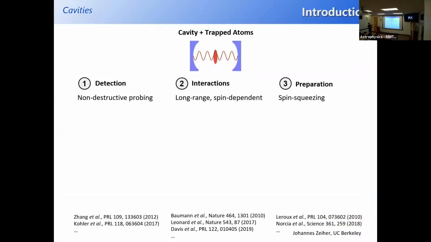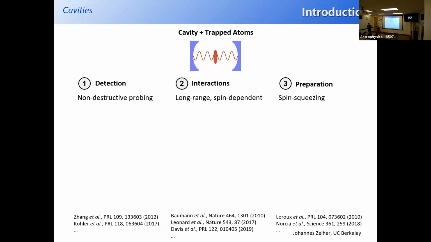And just very crudely, for me, as a beginner in cavity QED, I think cavities are really great if you combine them with atoms, because you can use them for detection. The light leaking out of the cavity can be used to detect cold atoms. You can also introduce interactions using a cavity, because the photons in the cavity get recycled, and you can have a single atom interacting with a photon that another atom has interacted with before, which can effectively be seen as an interaction between two atoms. And you can use the cavity to prepare very interesting states. And this is of course something that Monica is an expert on.